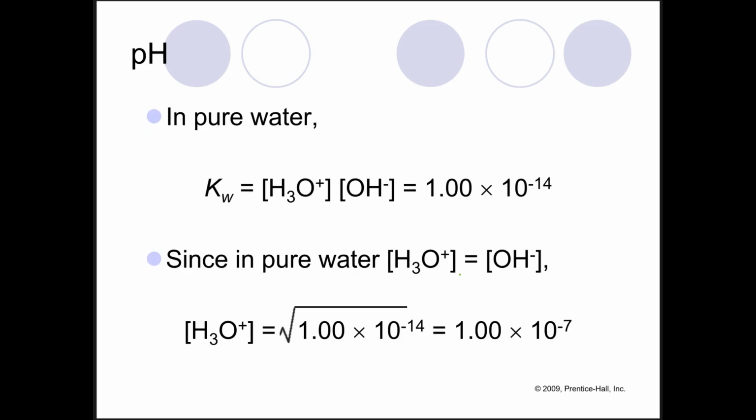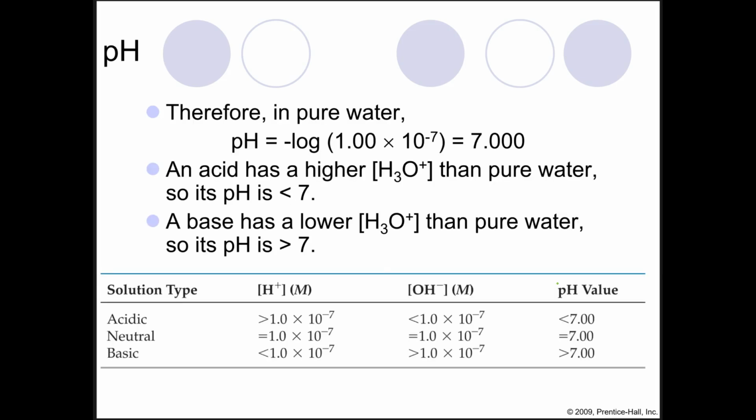Okay. So the pH scale, or looking at this, all I did was took the equation for the equilibrium constant expression of water, and then if we had pure water, that would mean we have the same number of H3O pluses as we do OH minuses, because for every one water that breaks apart, we get one H3O plus and one OH minus. So if we use that information and solve for H3O plus, that's where the 1.00 times 10 to the negative 7 comes from. Plugging that into the pH equation, we get the value 7.000. That's why in the pH scale, 7, the pH of exactly 7 is considered neutral, because that would be pure